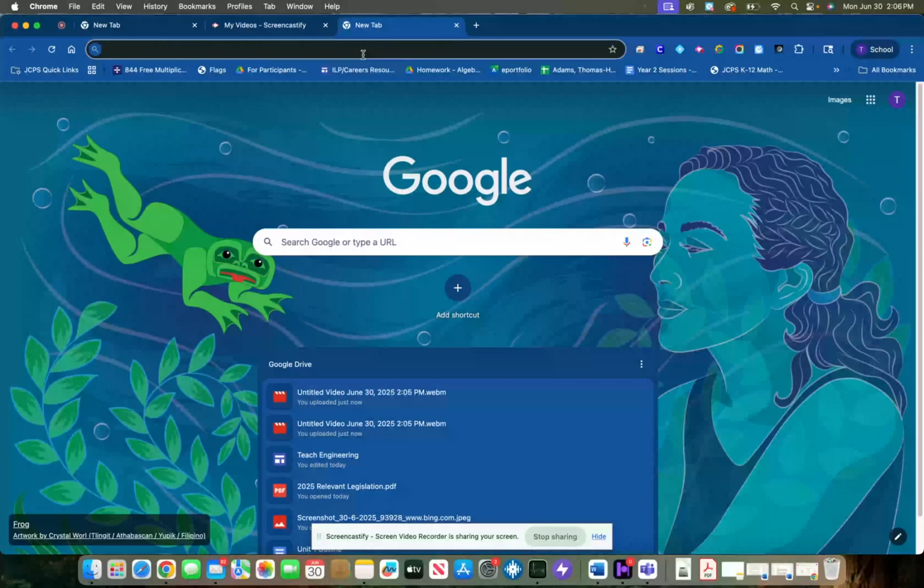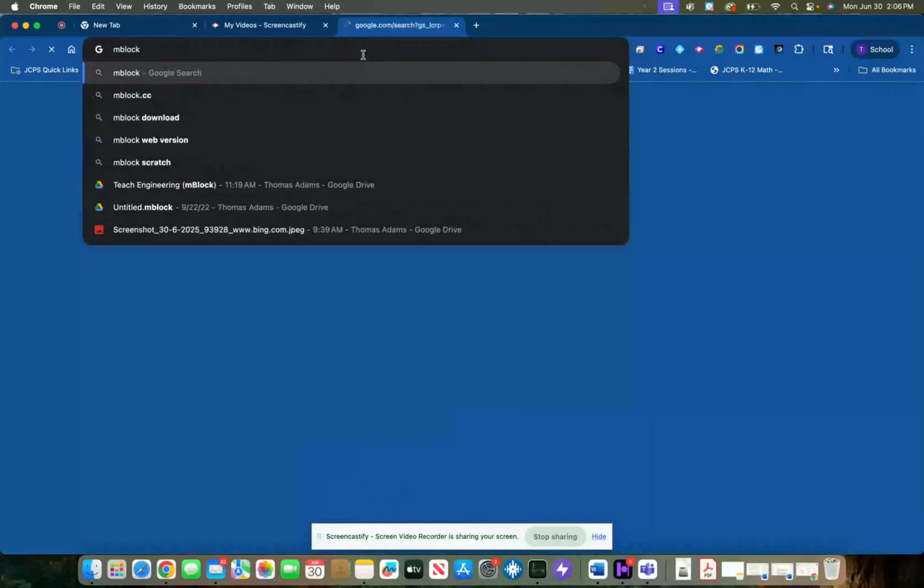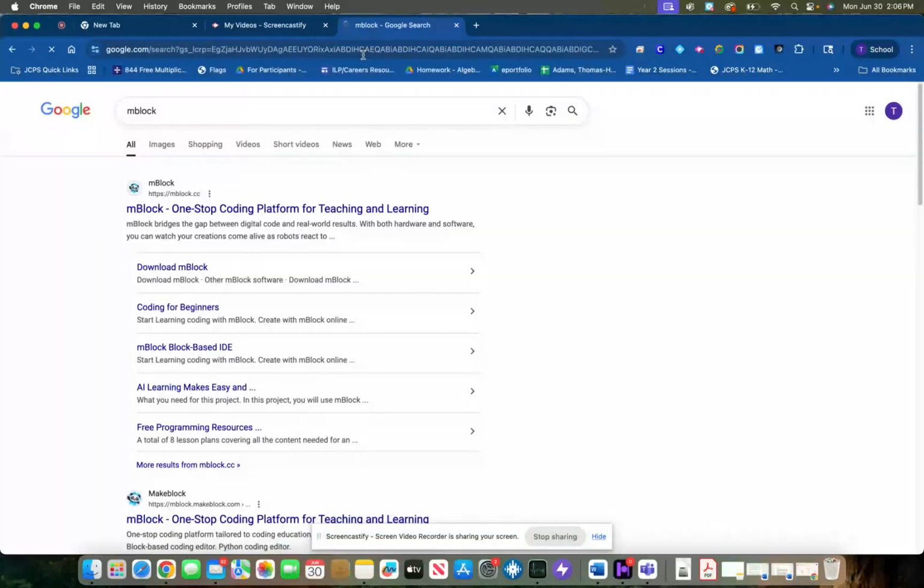So what I have done is I have logged into Google, or you can probably use any internet-based browser, and I'm going to type in MBlock. As you see, it pulls up, and this is a very nice way of doing stuff. I am going to download MBlock,